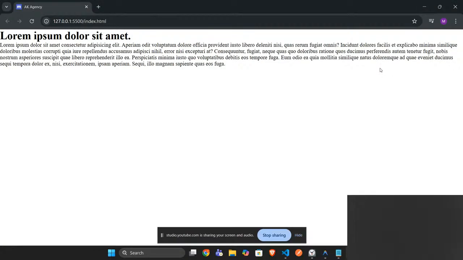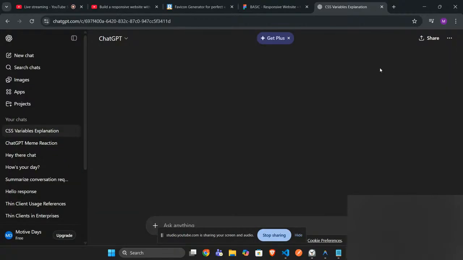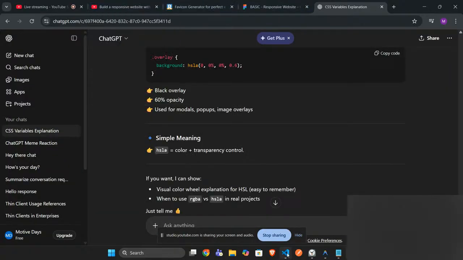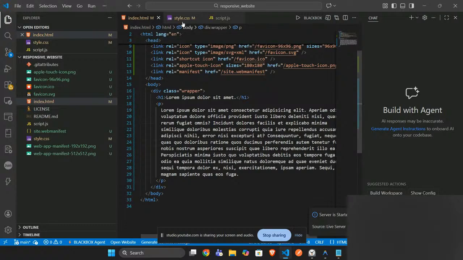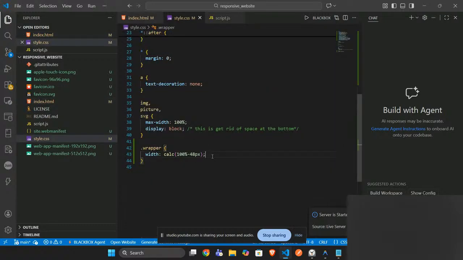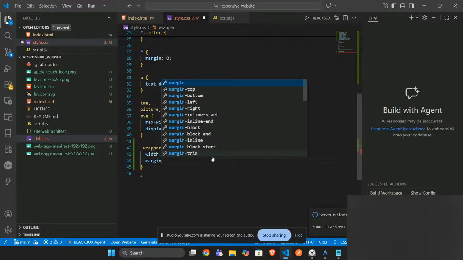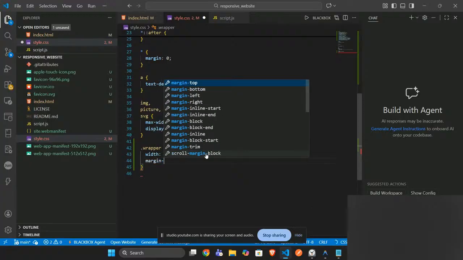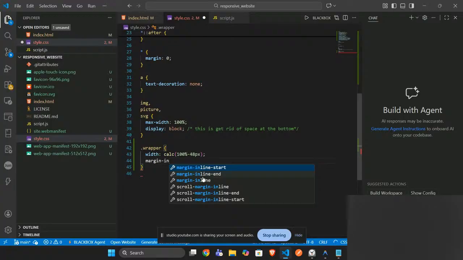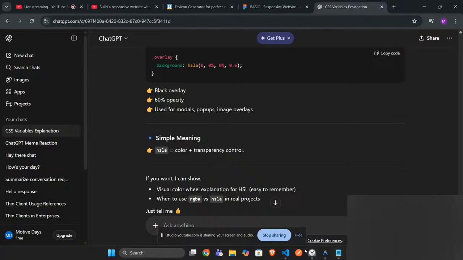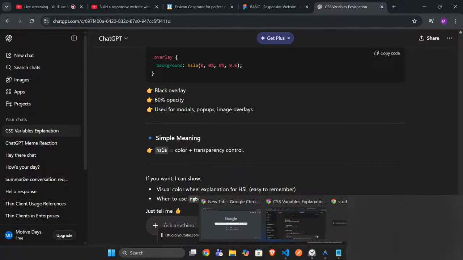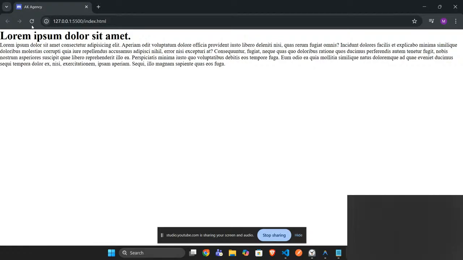Similarly, since we need the spacing on the left and the right side, we will just do one more thing. The width is done, and margin inline, let's keep it to auto. So it basically calculates both sides and it will give the output. This is run. If we reload,